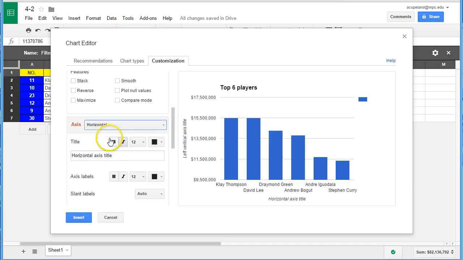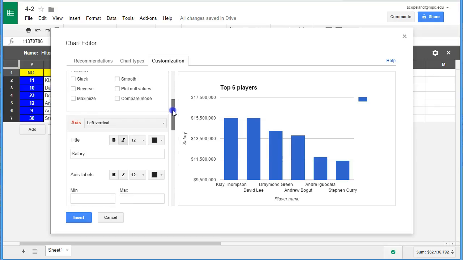The horizontal axis, which says right now horizontal axis title, we're going to put the player name. And then by clicking on the drop down, we can change the left vertical, and we're going to change that left vertical to salary. There's many more options we can do here,